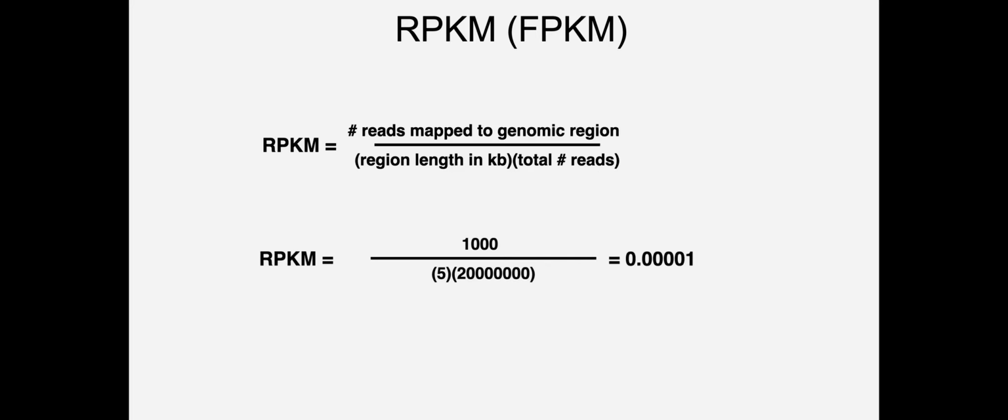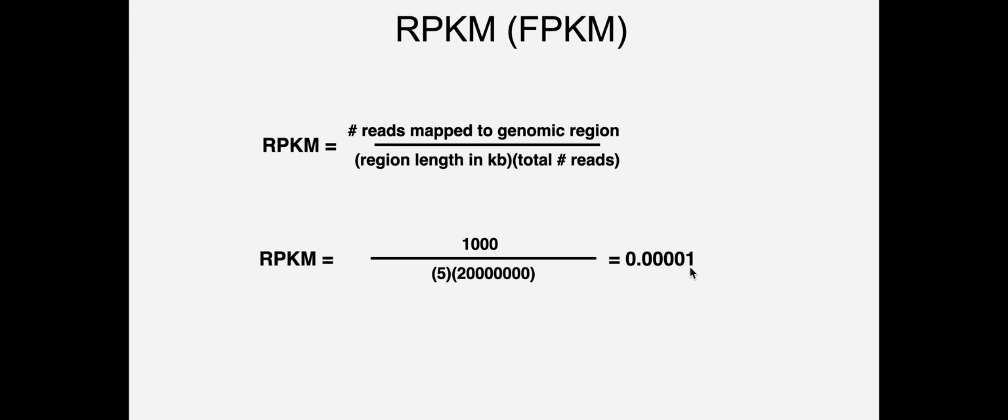All right, so that means that RPKM is the number of reads mapped to a genomic region divided by that region's length in KB and the total number of reads. So let's take an example: 1,000 reads mapping to a 5 KB region from a library that had 20 million reads. That would give us an RPKM of